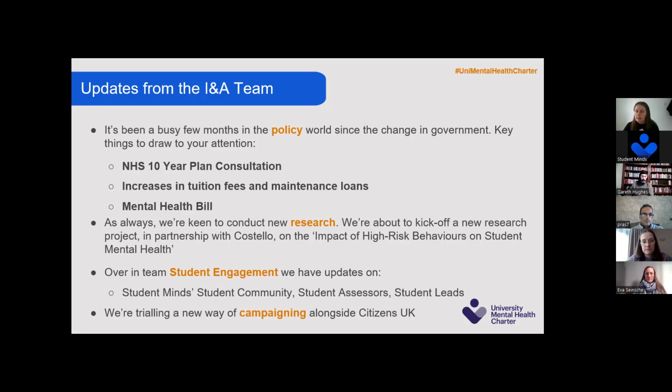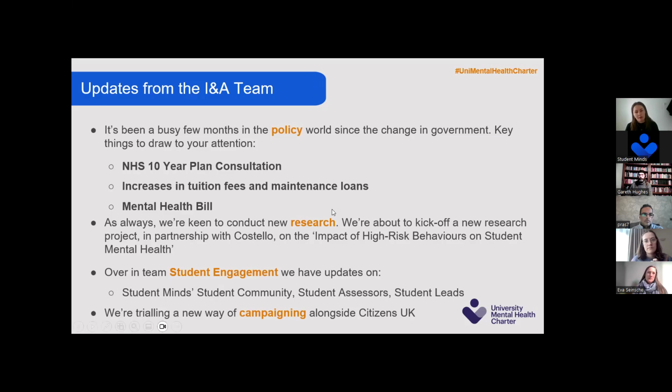I know that Shanae, I think, is thinking about the recruitment of more student assessors for this pool, which is very, very exciting. And she is going to be working with the influencing team and the student engagement team as well about how we can support student assessors in their role, how we can facilitate peer support amongst student assessors as well. So if anyone here either is a student assessor or has been in the past and has thoughts on that, please do send feedback in our direction, because we're really thinking about how we support all of the students that engage with us in whatever capacity they do so, how we can make your experiences better, and encouraging more students to join our networks.